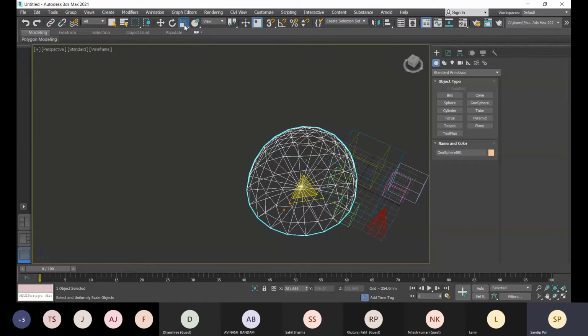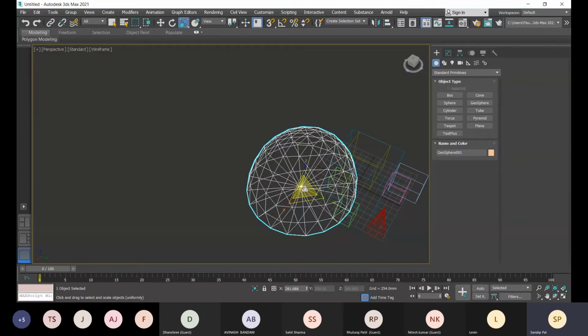You left click and hold the left click on the scale icon and you will get these options. If you choose that, now see the middle is not highlighted anymore.